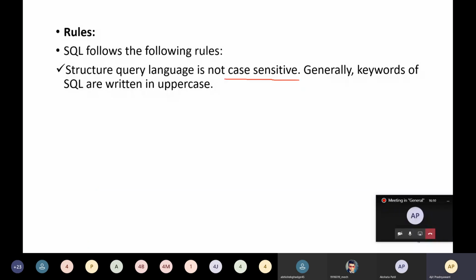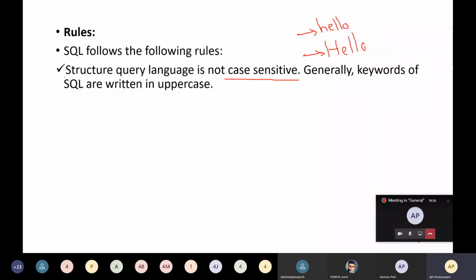Suppose you write hello like this, and you write another Hello like this. So this hello is different and this Hello is different, that is, this has an uppercase H, this has a lowercase h, and both are different.